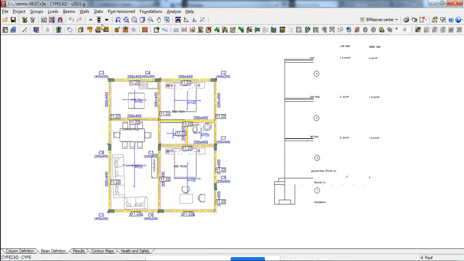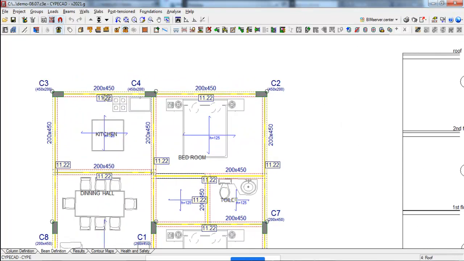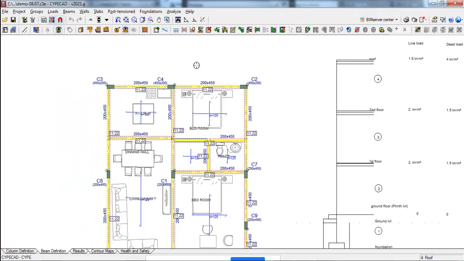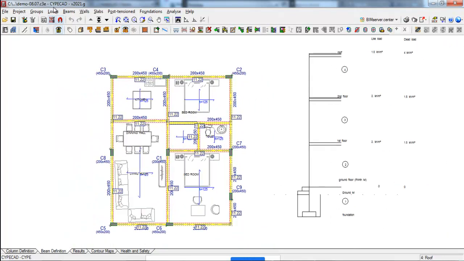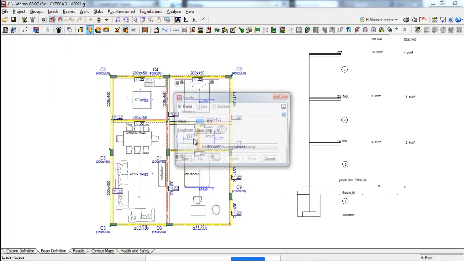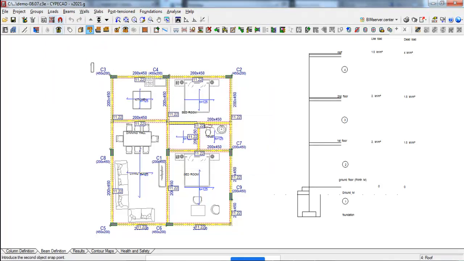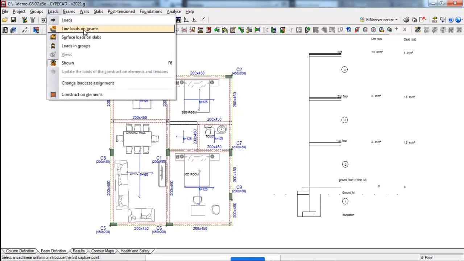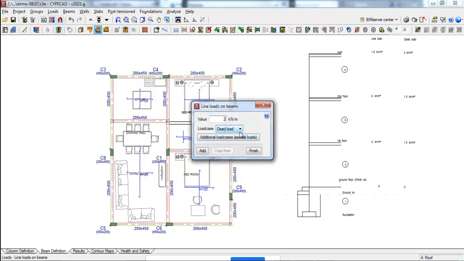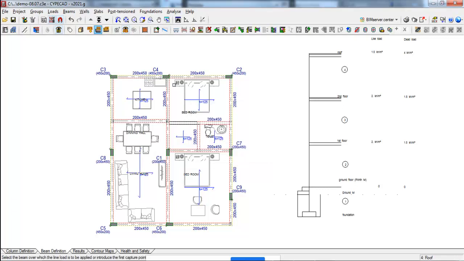For example, if you come to the roof level, see, if you can make out from this instruction here that we are working on the roof level, and at the roof level this wall load is not required, okay. So we need to change the loading. I am just going to delete this load and then put only the parapet load. I am just putting the parapet load, say for example 2.2 kilonewton per meter. So that's all I am giving here, 2.2 kilonewton per meter parapet load is given.